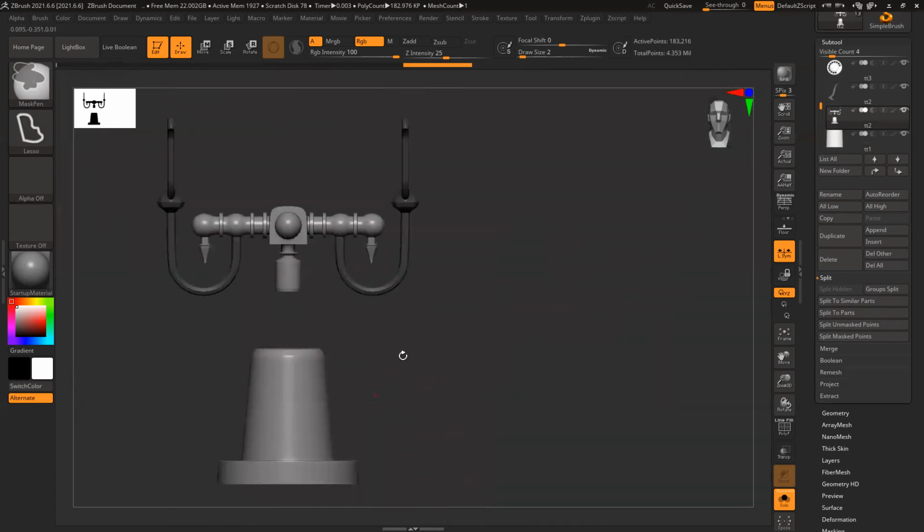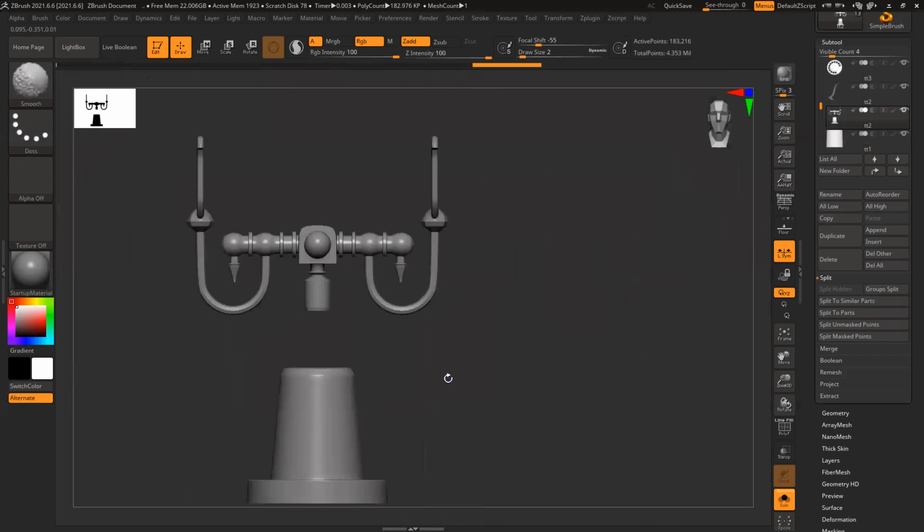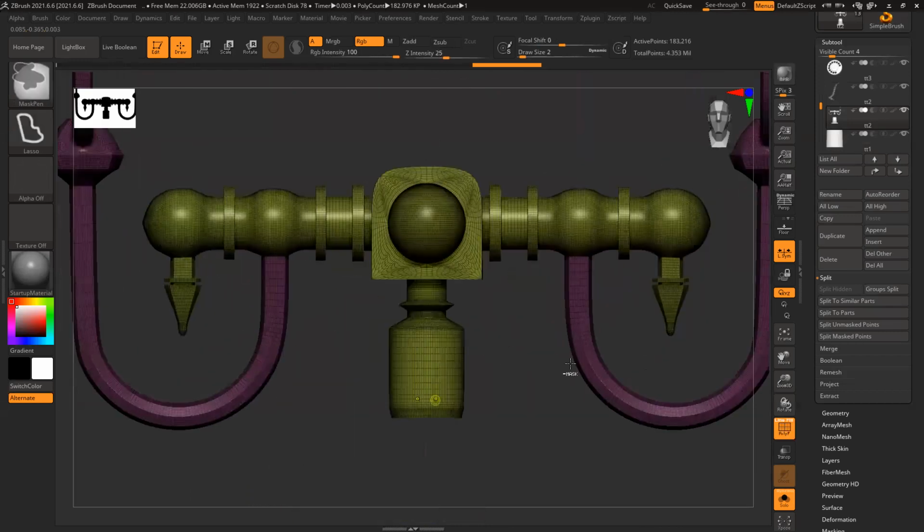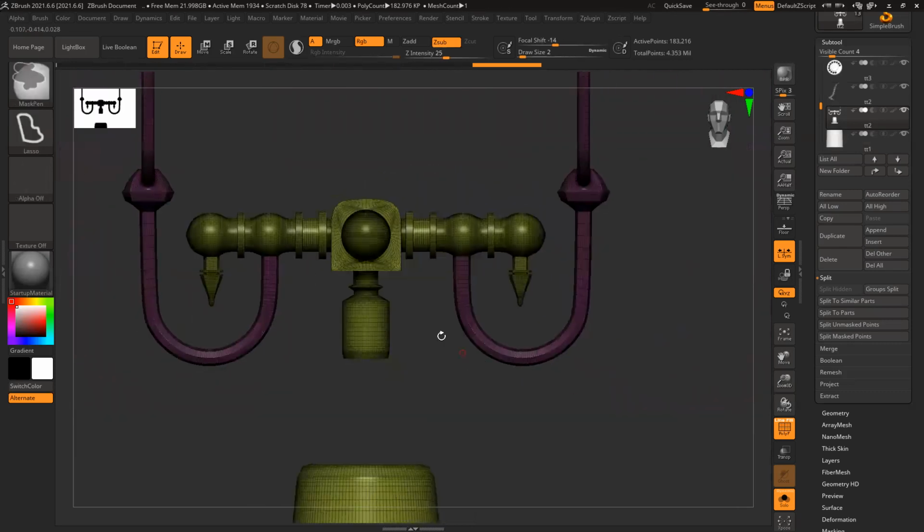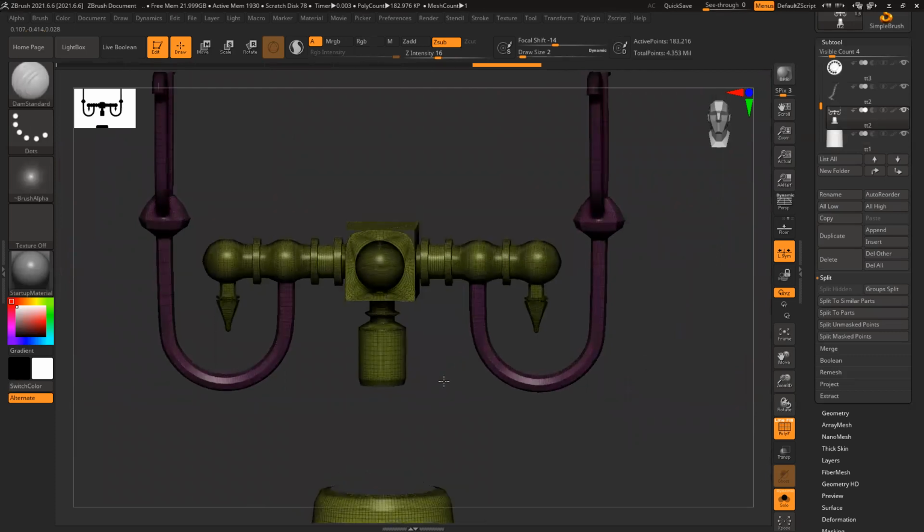Select this thing, Control W. So it now has a separate polygroup altogether. So I can split this part and then work on it. Like this, it will become easy for me to control all the shapes and everything.